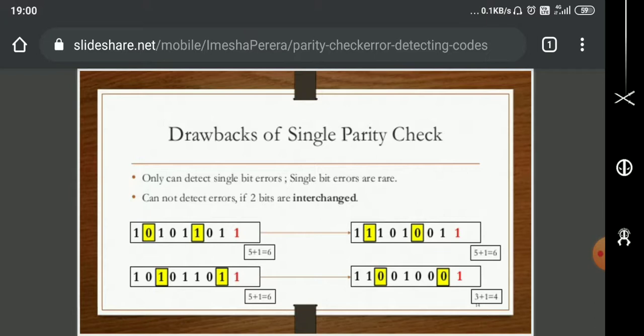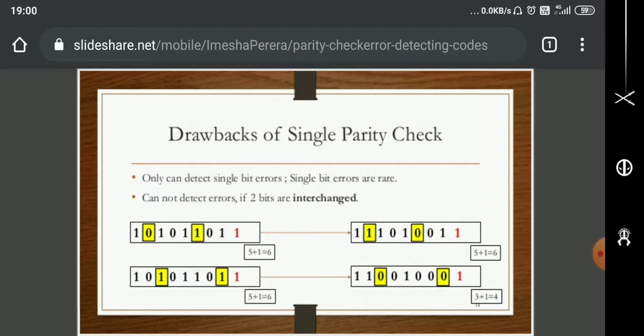If 2 bits are interchanged, then what happens? Definitely the parity won't show any change, because if I count, for example, the number of ones for even parity, obviously I'm going to get an even count. Even in the odd parity case, if 2 bits are changed, this method fails. But yes, this is an effective method used only for single bit errors. So this is called single bit parity check code.